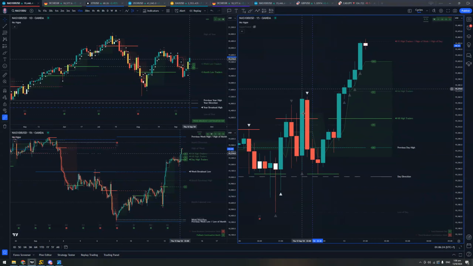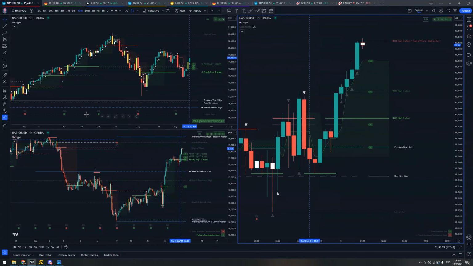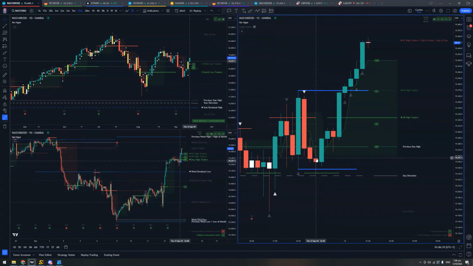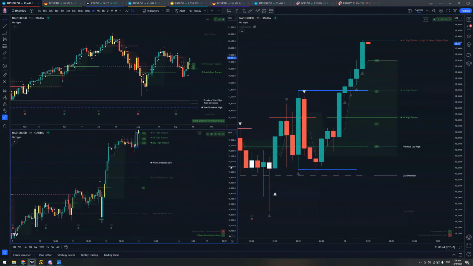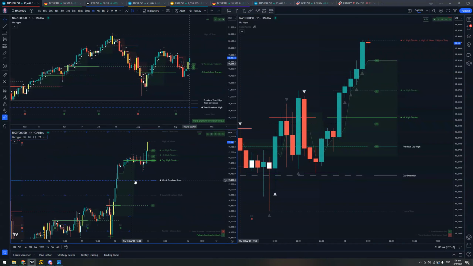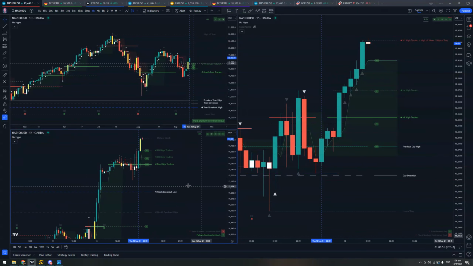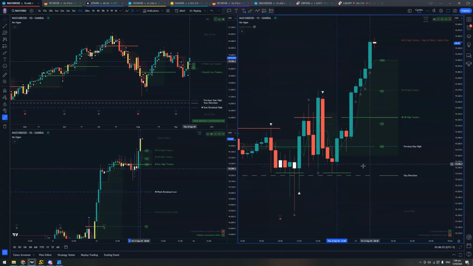But what was interesting about this close is it was a strong close, but it was an inside bar as well. So inside bars extend the previous bar's highs and lows. So this becomes my range. This bar faked out the H8 low right at this range, but I did not like that the H1 had faked out the previous day high with a nice fake out candle. So was not interested initially, but I did like how it faked out that range.